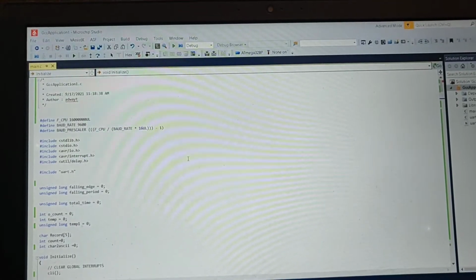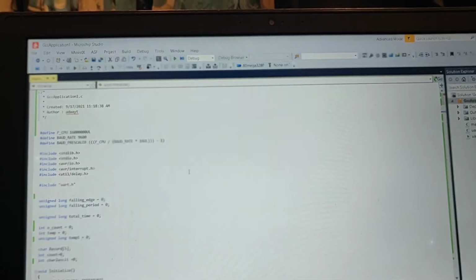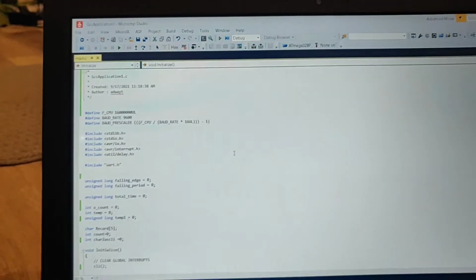This code you see in front of you is a Morse code decoder. Let's move on to the initialize function. Here we have a timer